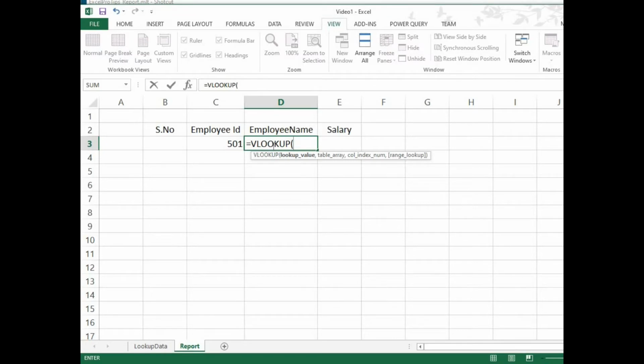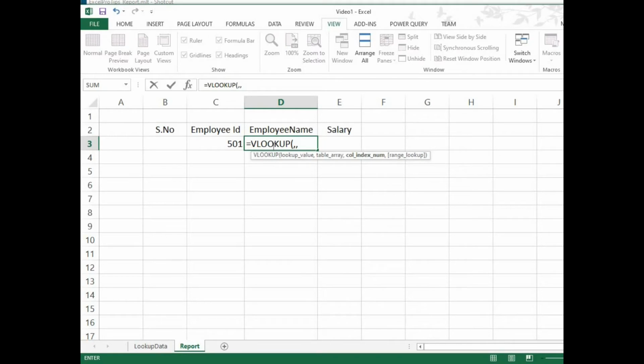The next one is table array. A table array is nothing but a collection of cells, or a range. It's the range where we are going to check the employee ID and retrieve the employee name and salary.